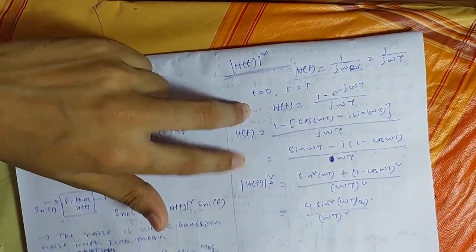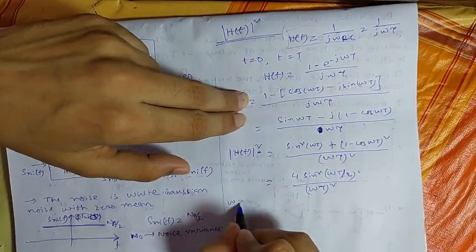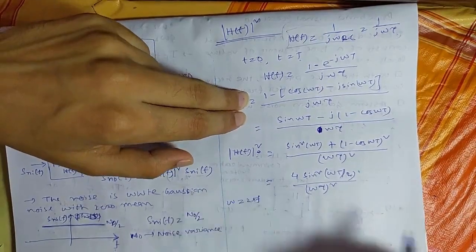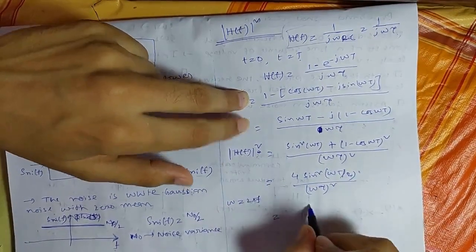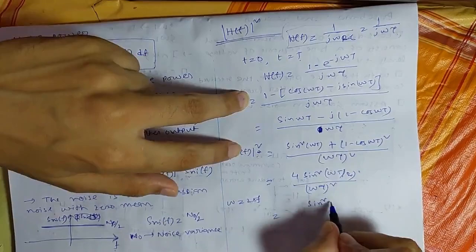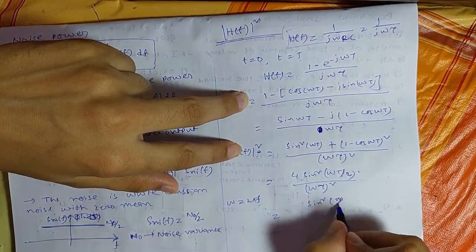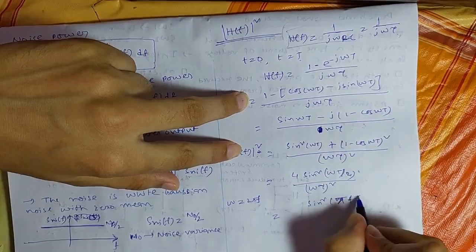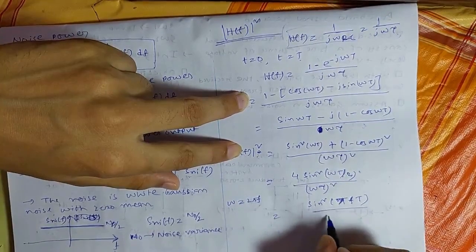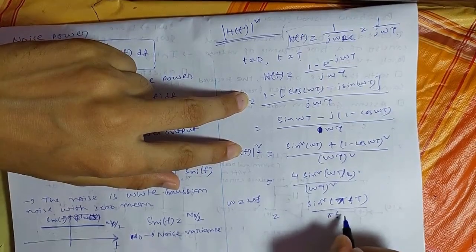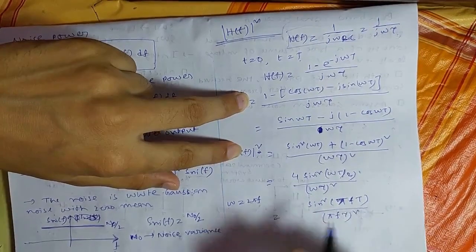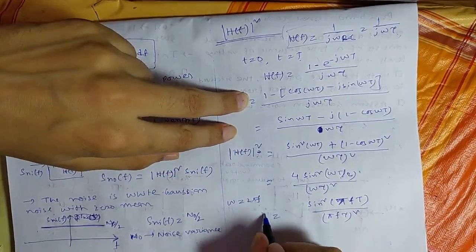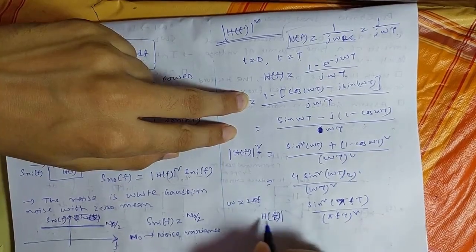If I write omega equals 2 pi f, it will become sin square (pi f T) by (pi f tau) square. So H(f) square equals